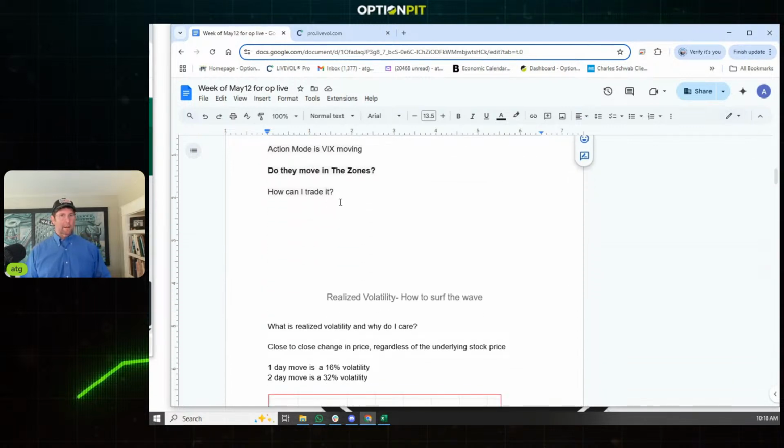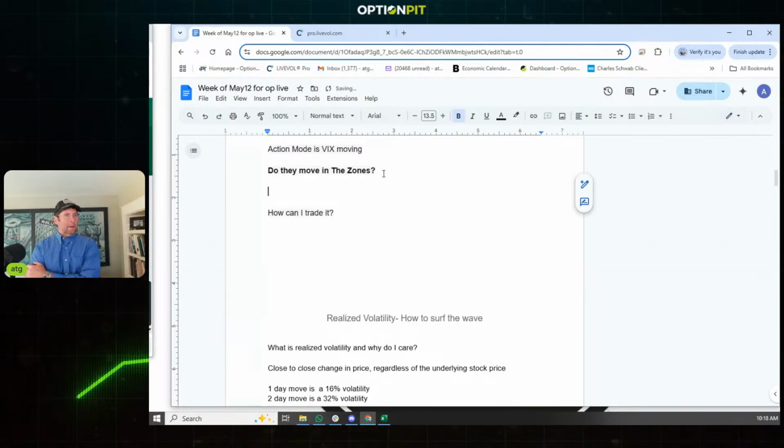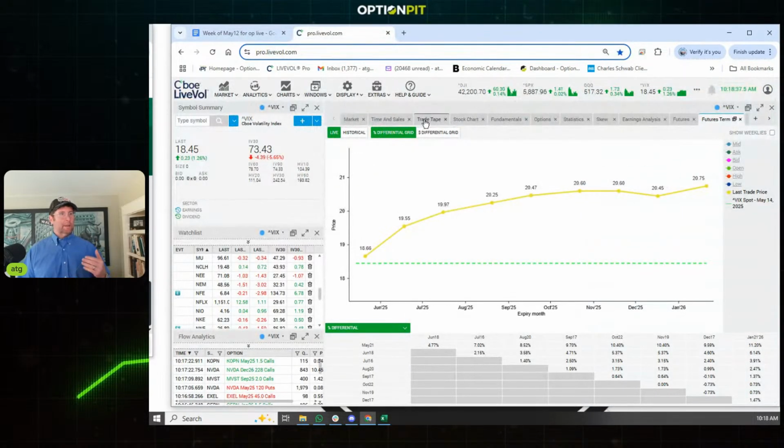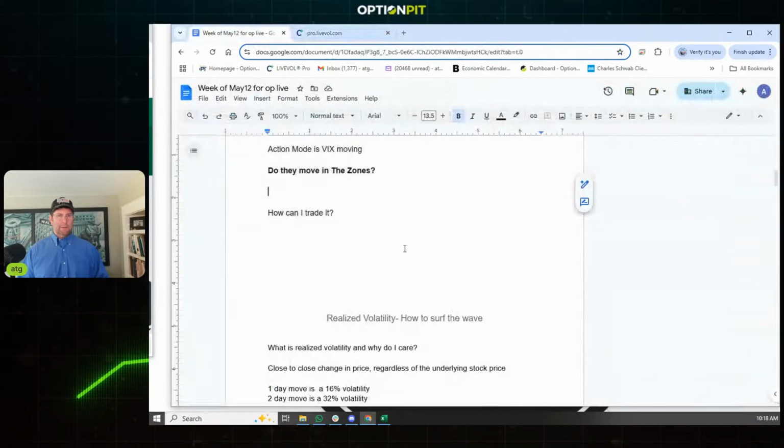How can you trade it? Or actually here, let's do here. How do they move? Do they move in zones? So the idea for the volatility products is they're very similar because they own VIX futures. They're going to move in a relatively similar way. However, most of the time,